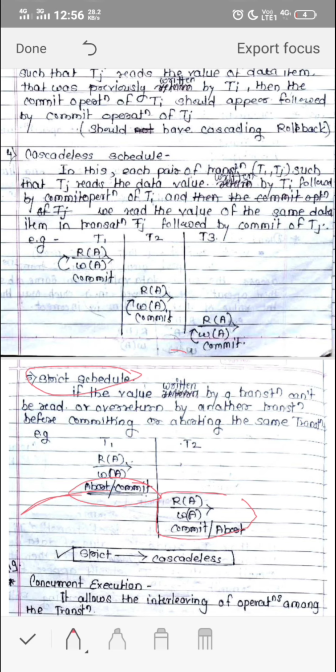No, I cannot say the first, but every strict schedule is a cascadeless schedule, because I am specifying that I am going to either abort or commit the transaction. So there will be no need to roll back. That's why every strict schedule is by default a cascadeless schedule, and vice versa is not true.